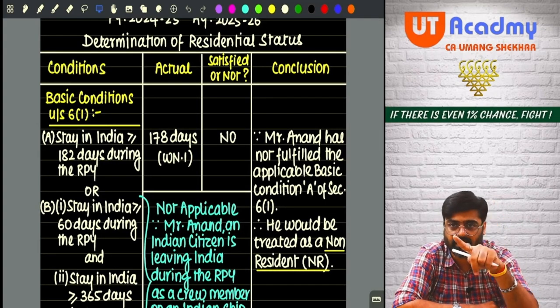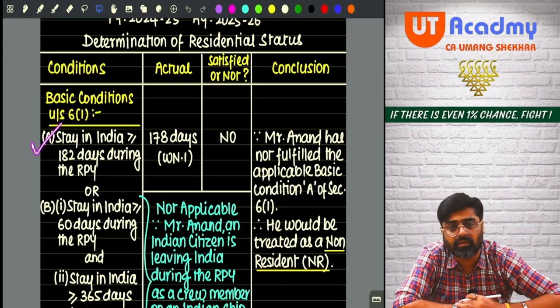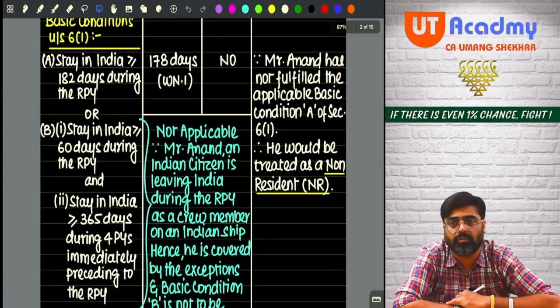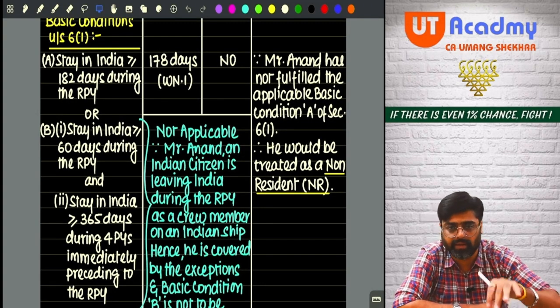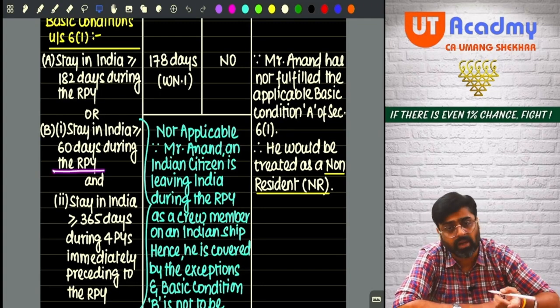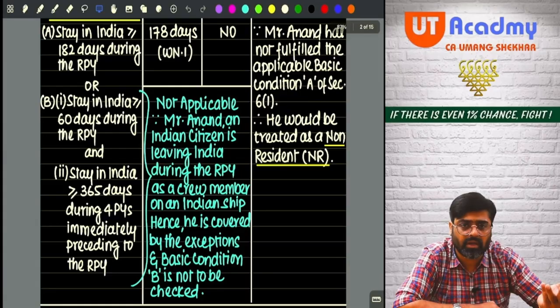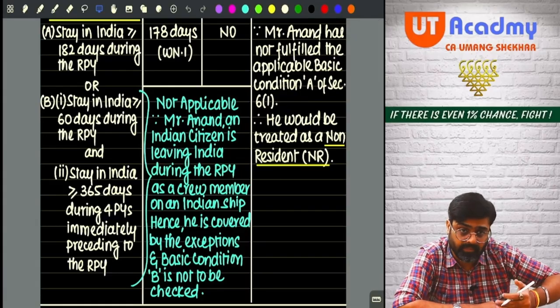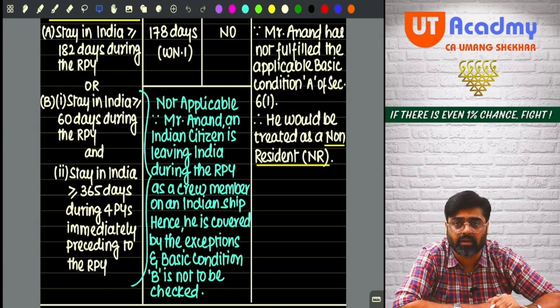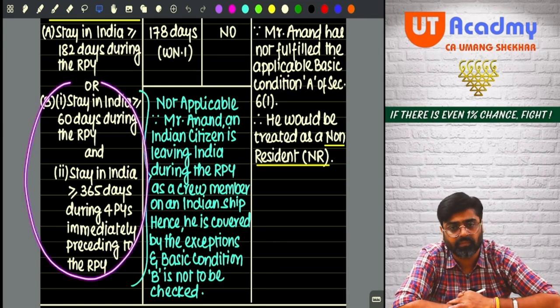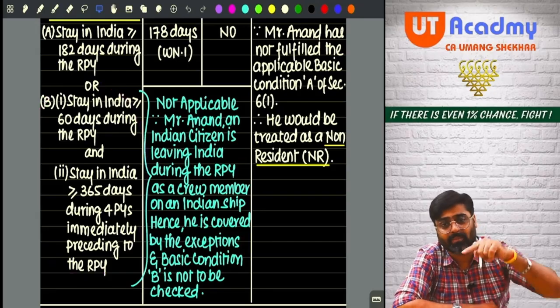2 conditions. Basic condition A, stay in India during the relevant previous year should be 182 days or more, and write down the basic condition B also. B condition says stay in India during the relevant previous year should be 60 days or more, and the stay in India during the last 4 previous years, that means the 4 previous years immediately preceding the relevant previous year, is 365 days or more. Have you written this condition? Now tell me, is this condition applicable in the case of